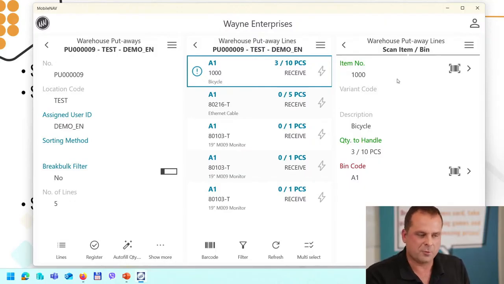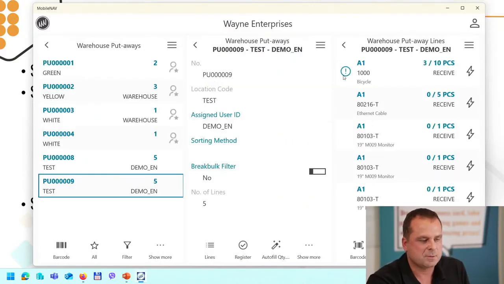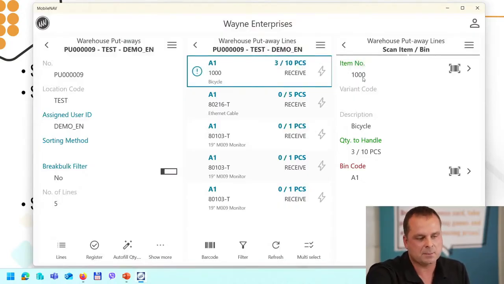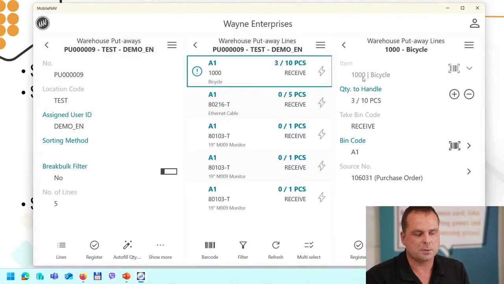but for some reason I need to pause my work for a sec. So I go out for a couple of minutes, or I need to do something different urgently. So I just close this put away line. But if I go back to the previous one, then you can see that the staging is now persisted. So both the item number and the quantity handle are green, meaning that these 2 steps of the staging are basically ready, and I can continue where I left off,